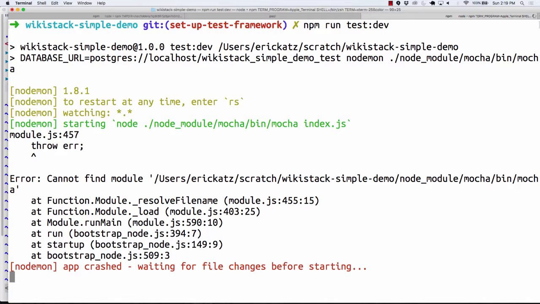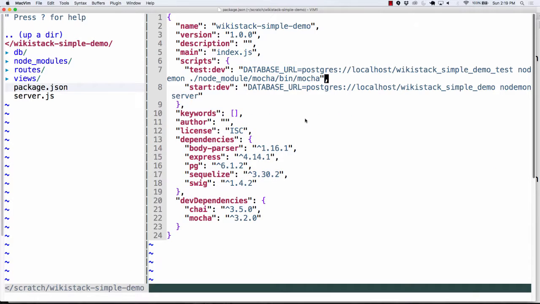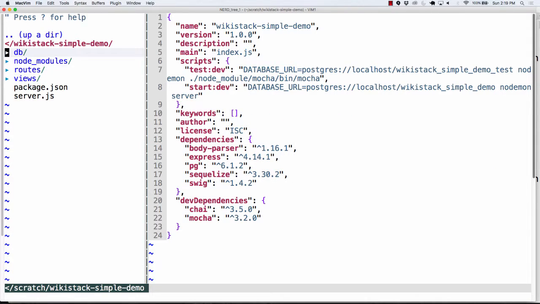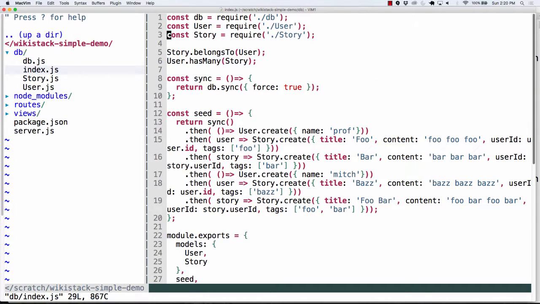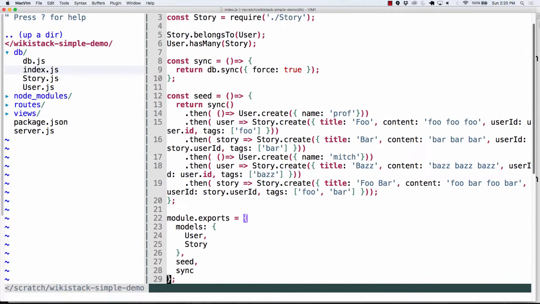Now, the nice thing about this is that we've got our data, a way to seed our data. So why don't we go in, and what we can end up doing here is we're going to end up syncing our data or seeding our data. And after we end up seeding our data, we will run some tests. So what are we doing? We're seeding with one user